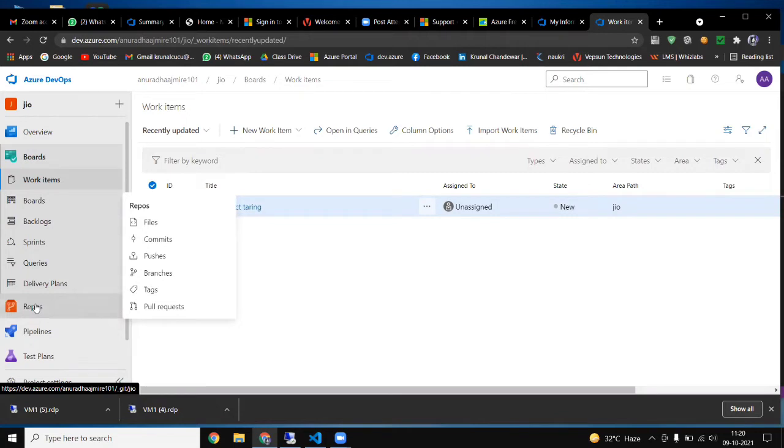Repo is nothing but a repository, which is source code management. It means we are managing our source code in our repository.